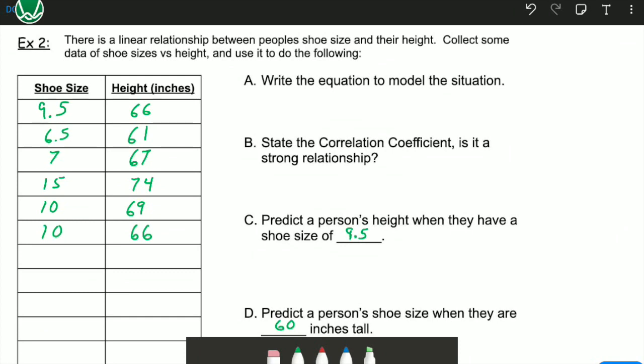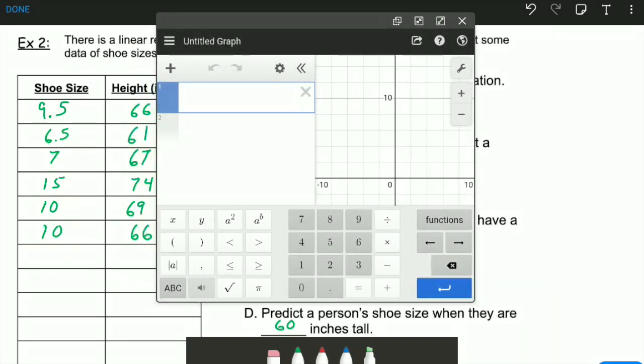So there is a linear relationship between people's shoe sizes and their height. So we've collected some data on shoe sizes and height, and then we're going to do each of the following. So we're going to start by writing the equation to model the situation. To do that, we're going to pull up our calculator here,